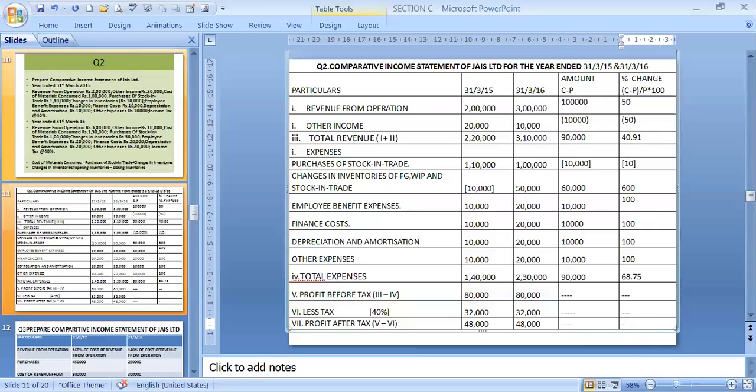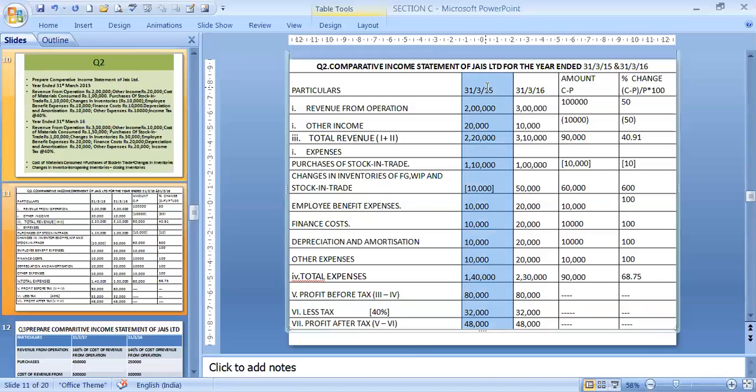This is just your profit and loss formula, which we have done. That is change by cost price into 100. Cost price is nothing but the previous year's. That means this previous year figure, we will be taking all the time. We will be taking these figures of 2015 for dividing. So this one is 1 lakh by 2 lakhs into 100. If you calculate with a calculator, you will get 50%.